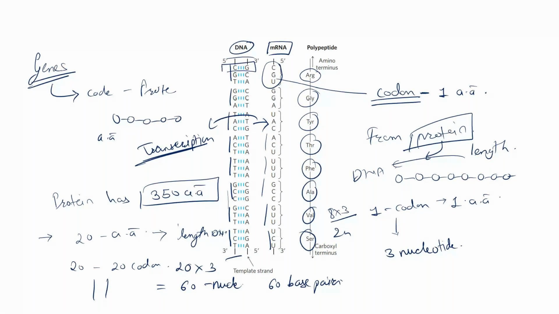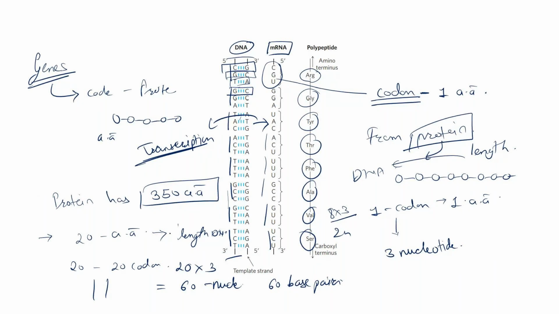The gene length is in base pairs. So this is one base pair, right? This is called a base pair, and in between, the bonds shown are the hydrogen bonds. Clear, everybody? So can you calculate now, if a protein has 350 amino acids, what will be the length of